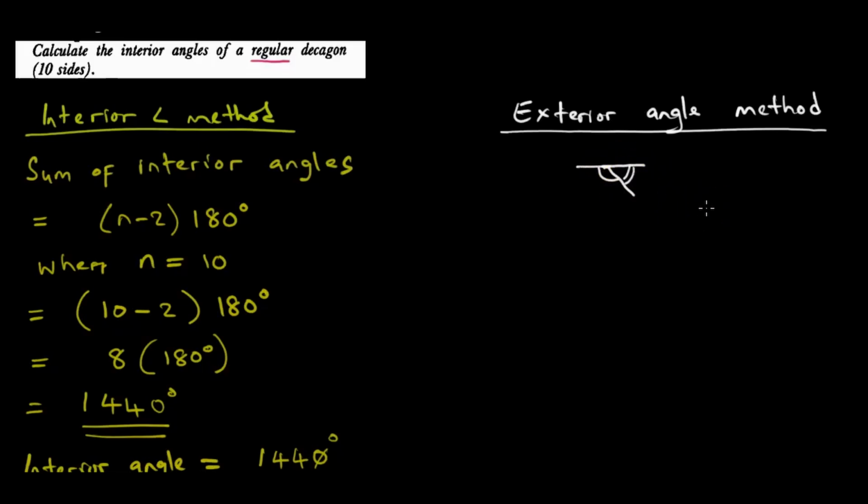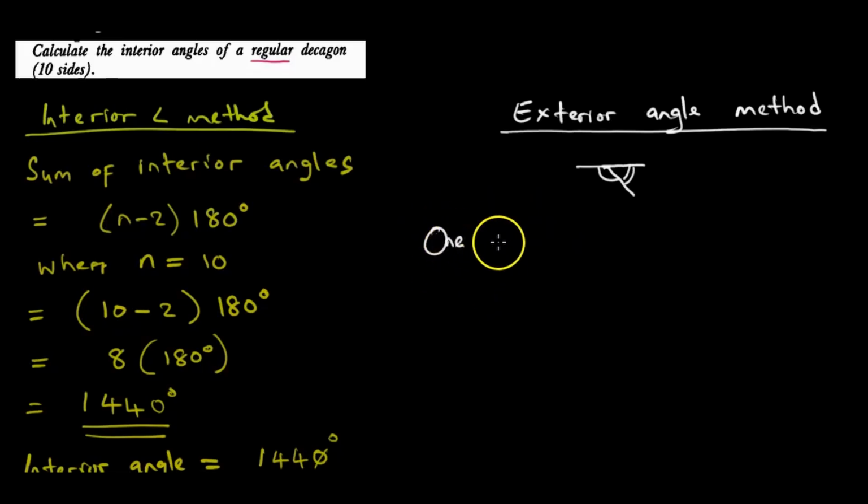That's just a snapshot of part of that shape. You see, we were told that all my exterior angles added together give 360, and how many exterior angles do we have? We have 10. So the statement we want to write here is